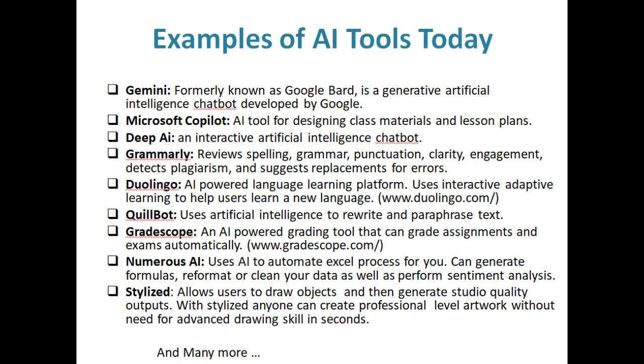Grammarly corrects your English, reviews your spelling, punctuation, quality, and engagement, detects plagiarism, all such kinds of things. Duolingo is a good AI app if you wish to learn a new language or just understand linguistics in different aspects. Qbot, Gradescope for many educational institutions. It's a powerful tool for grading assignments, exams, tests. Automatically it does all these things for you. Sometimes you just need to simply subscribe to some of these apps. Sometimes they go to a paid version.